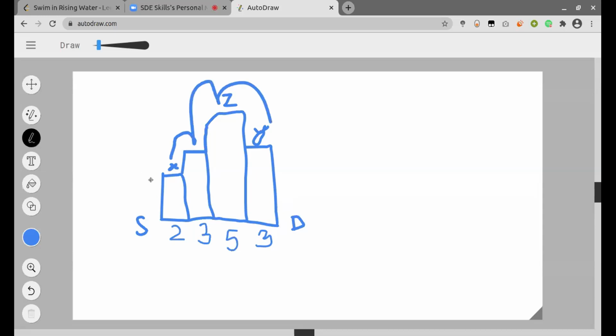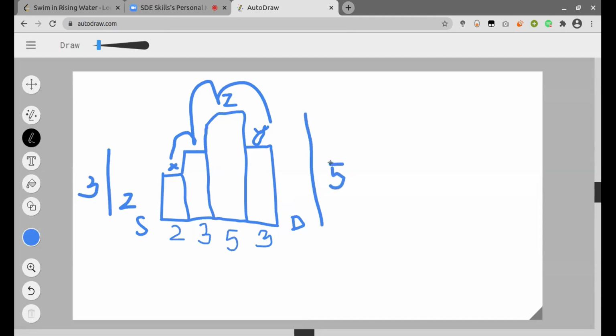First, from the leftmost top end to get to the first node, I'll have to wait for 2 seconds. Similarly, to get through the second node, I will have to wait 3 seconds. And similarly, for the largest node, I have to wait 5 seconds.